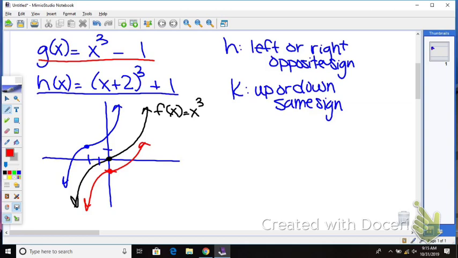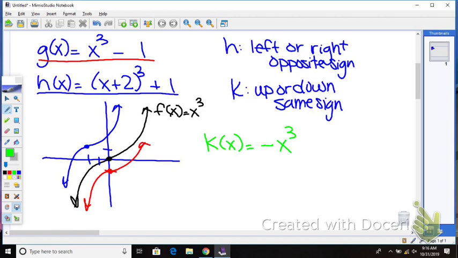So far, easy enough. I'm going to stick with this same one, but I'm going to give you one more. I don't have another color, though, except for this green. You're not going to be able to see. Okay, I'm going to call this K of X